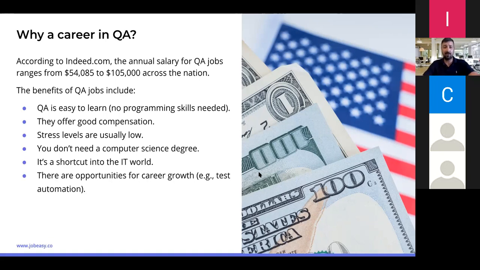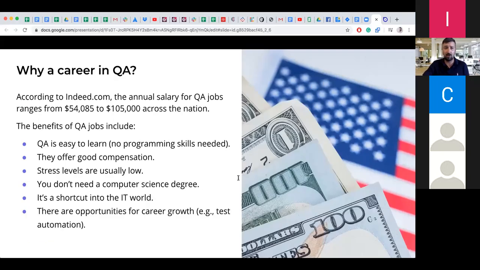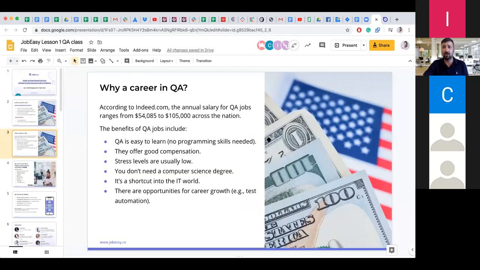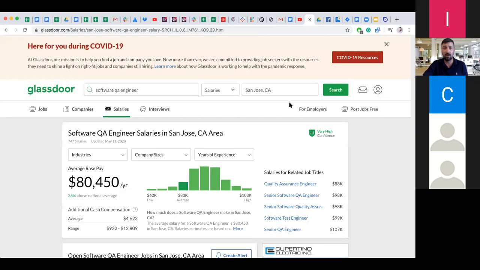So regarding the salaries, I want to talk to you a little longer because I think this is a very, very important subject, because salaries, eventually, are what we are here for. If you go to a website called Glassdoor.com and search for software QA engineer, because many positions we're going to apply to after this one month program are going to be software QA engineer. It could be QA tester, manual tester. We're going to talk about the other names for this profession, but one of them is